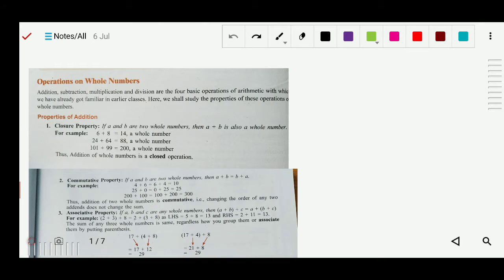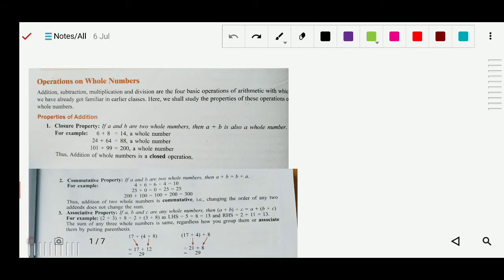Good morning, students. Today we will study chapter 2, whole number, and exercise 2b. Okay, so 2a is already over about whole number. That we already studied. Now today we will study operation on whole number. Page number 36. Operation on whole number. With whole numbers we can do addition, subtraction, multiplication, division, all these operations we can perform.